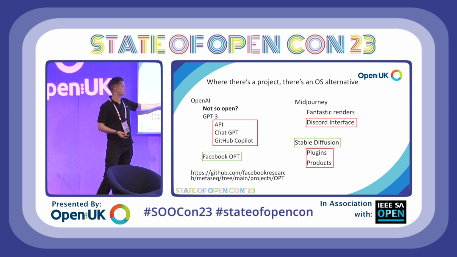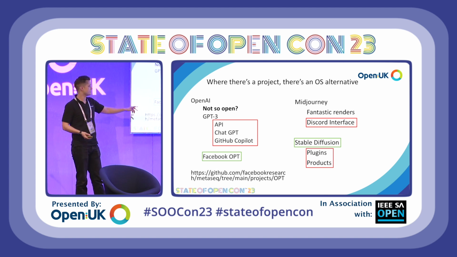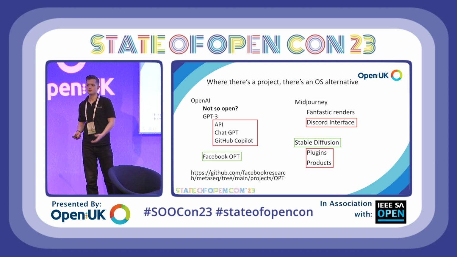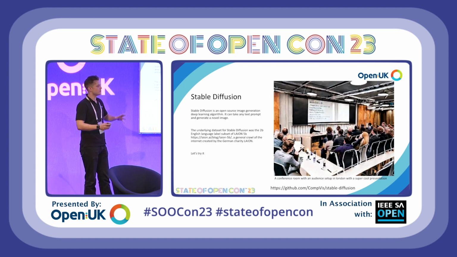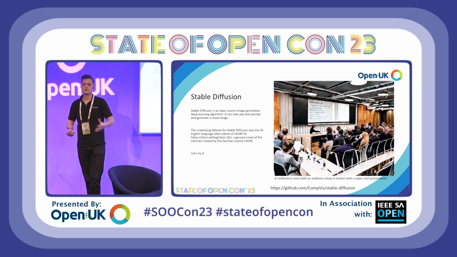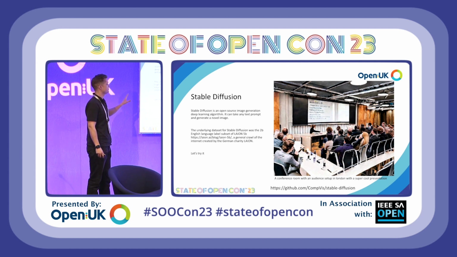There is a project called Facebook OPT, which is the O is for open, pre-trained transformer, that you can have a look at. And again, they're open with where their data sets come from, and you can use the model in a more open way, but not quite as much as GPT-3. So what are we actually talking about? I'd like to use images as an example because I think it makes for a more interesting presentation. This is an example from Stable Diffusion.